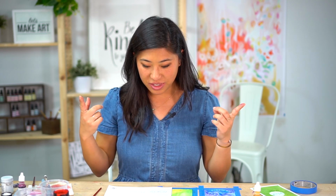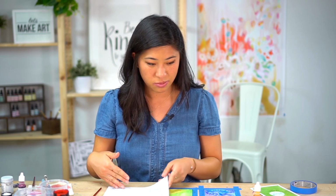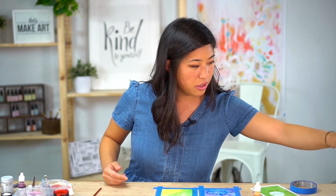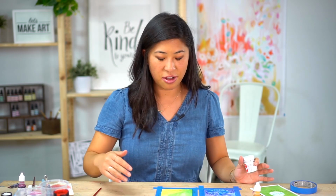So feel free to press pause and go through this on your own. I don't know where my other sheet is, but like I said, there's the angled lettering guide so you can continue to practice more. Okay. Oh, it's right here. Okay. So now what happens is that our friend the fly,